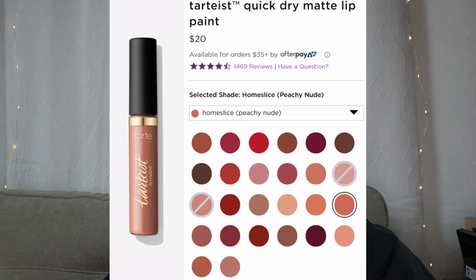Alright. Next product is from Tarte. Interesting. BoxyCharm had an item from Tarte as well. What is this? Lip paint. Tarteist lip paint in the shade Homeslice. Okay. I think I'm gonna like it based off of the...